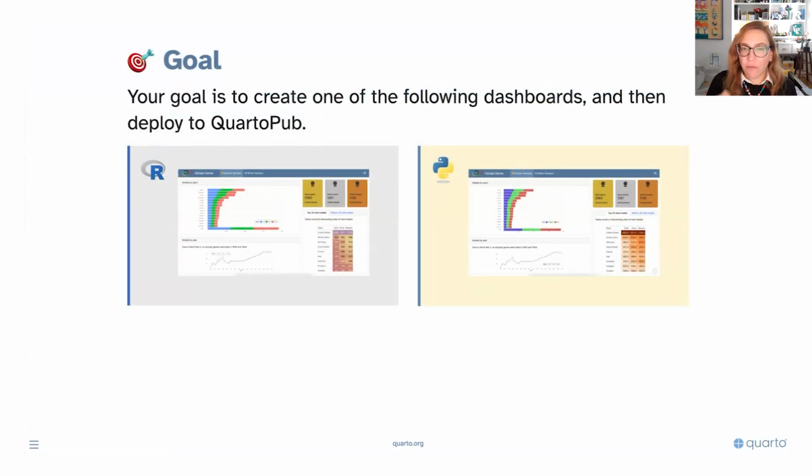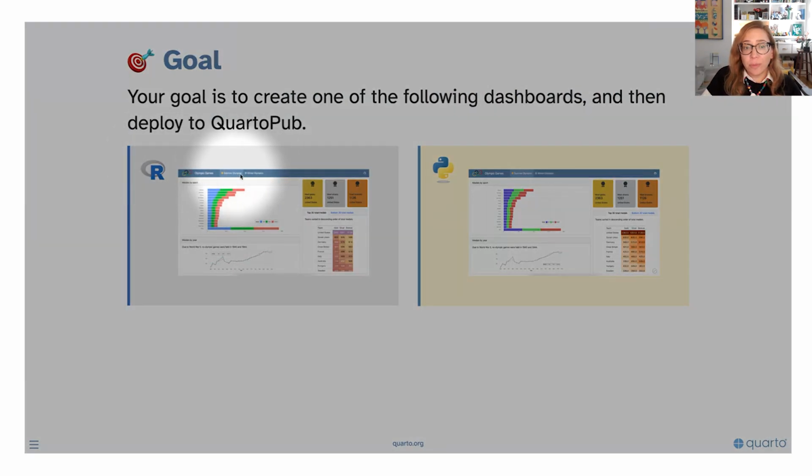You can see that there are a few things happening here since video 1. First of all, we have content spread across 2 pages for Summer and Winter Olympics. We had everything together in the first one. Secondly, we have some value boxes, some tab sets, some tables that we have nicely colored. And also over here, we have some markdown text and a plot that appear in a single card.